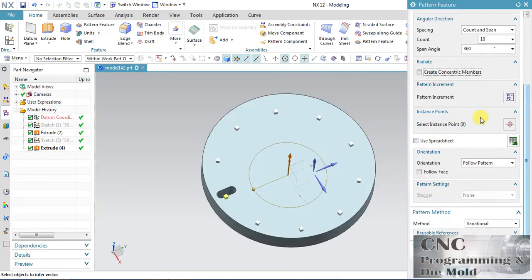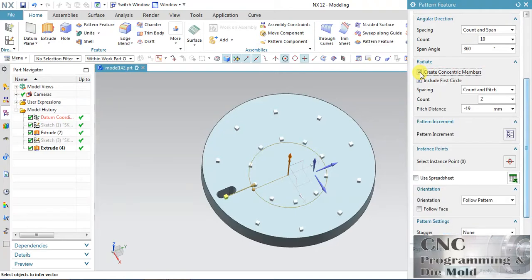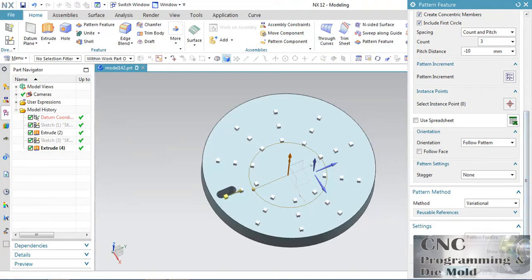Now we have this gradient. In gradient, this creates concentric members. With the help of this you can create the concentric member, and you can define the number of count as 3. So 3 will come, you can see the preview.